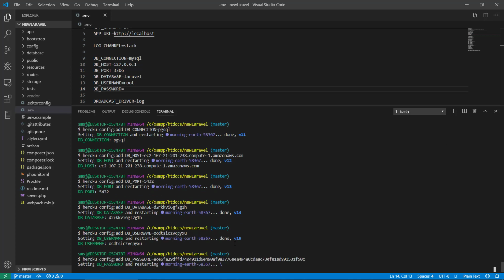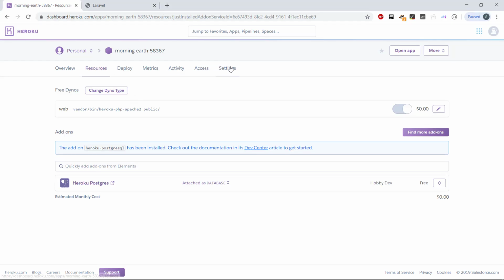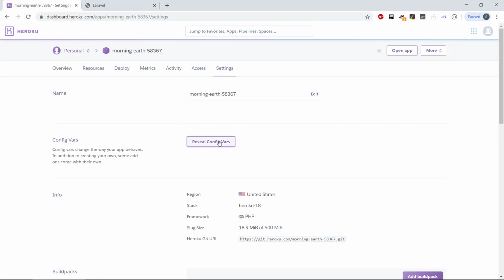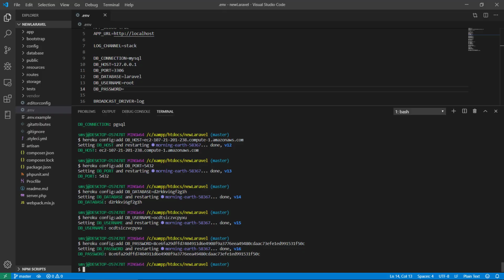All right, so database password. So we've set all the environment variables in the settings, and let's just have a look, yeah, all here. Host, database connection, URL, port, yeah. So we should be able to do a migration here with Laravel,